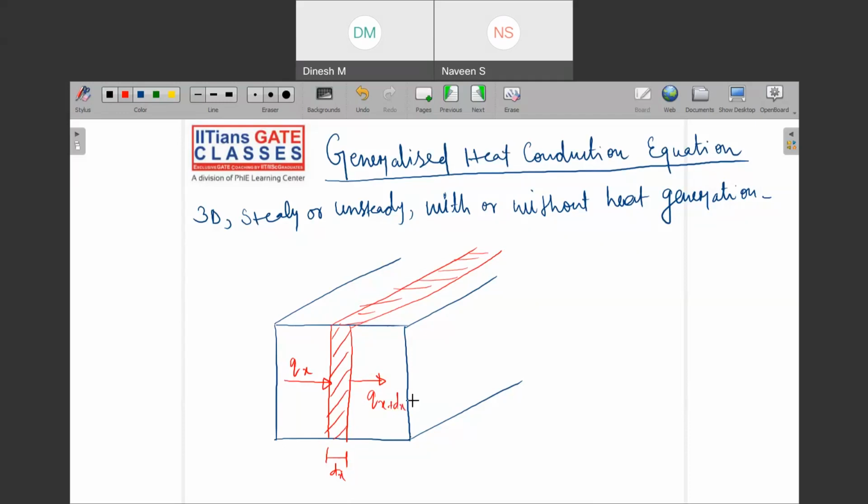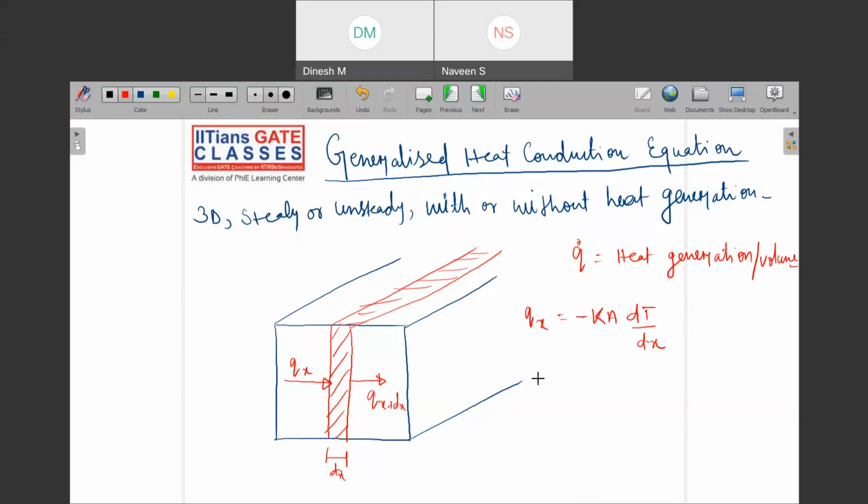Okay, and your body is also generating some heat, right? So what is that generation rate? Let us say that q dot is the heat generation per unit volume. Okay, now can I see that qx, what is qx in general? You can write this as minus kA dT upon dx. This is what you can write.